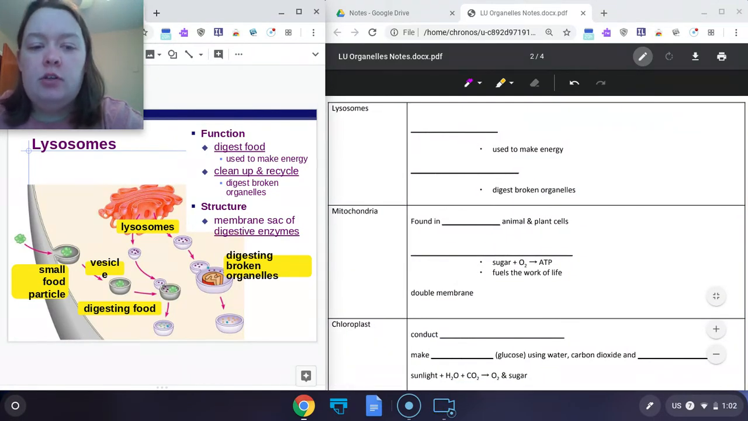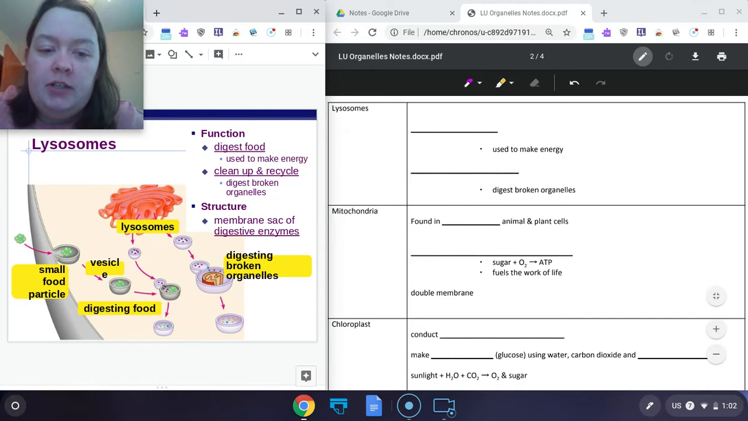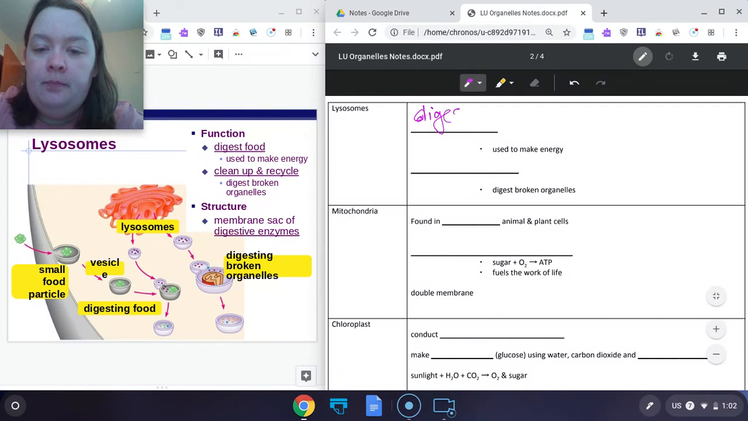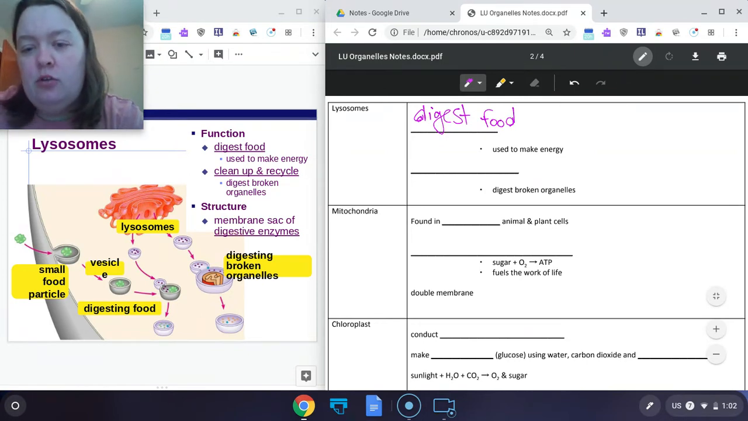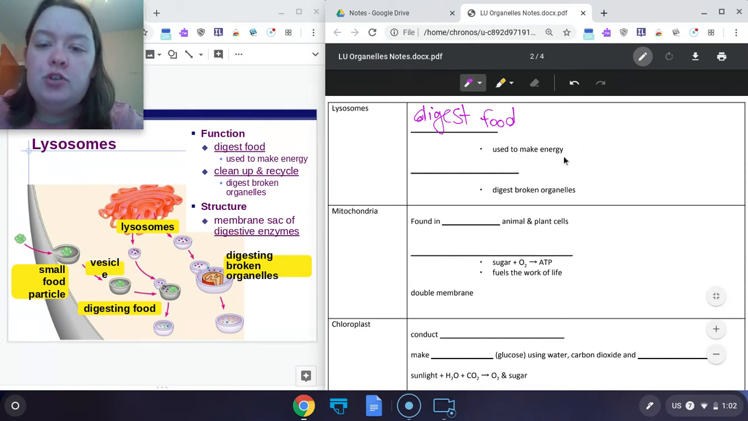Our next organelle that we're going to talk about is the lysosome. The lysosome is used to digest or break down food. And then, after you digest the food, you're going to use that to make the energy in the cell. These are also used to clean up and recycle